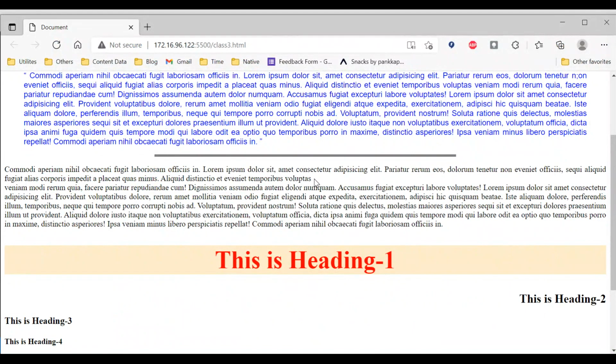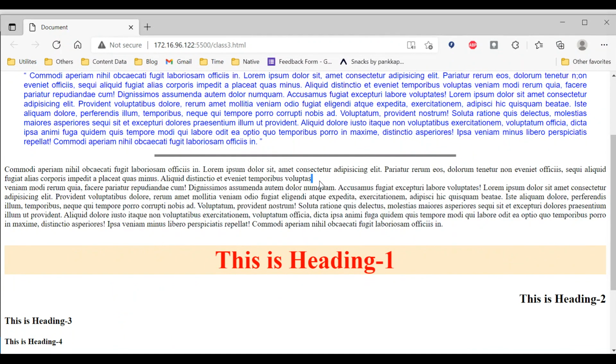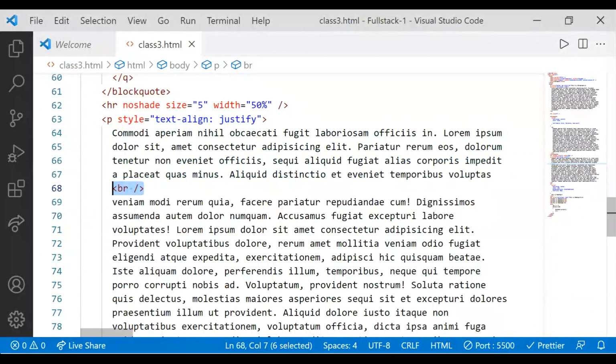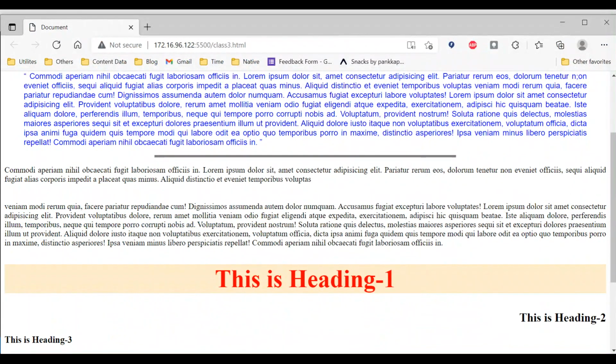Now see, after this the next line will start from the next line. It automatically breaks the code, and the next text goes into the next line automatically. But if you want to add some more breaks, you can also add. See, now there will be one line, two, three. So I added three breaks. One is for breaking the text and the others are for adding two more lines into the code. So break is basically used to add line breaks, or you can simply call it break the text.